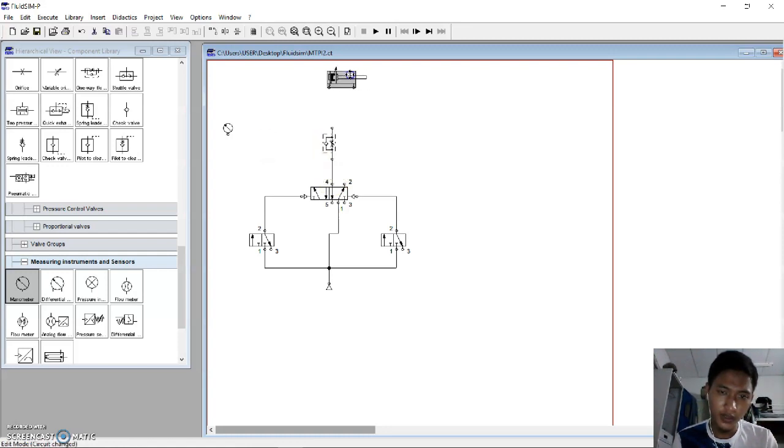The double action cylinder is after the one way control valve, and pin number 2 we connect to the double action cylinder, and the manometer we put between the double action cylinder and the one way control valve.